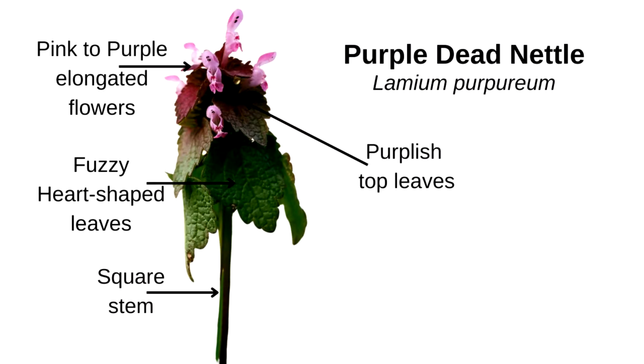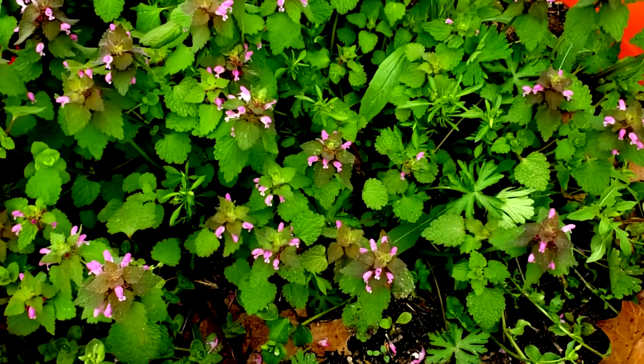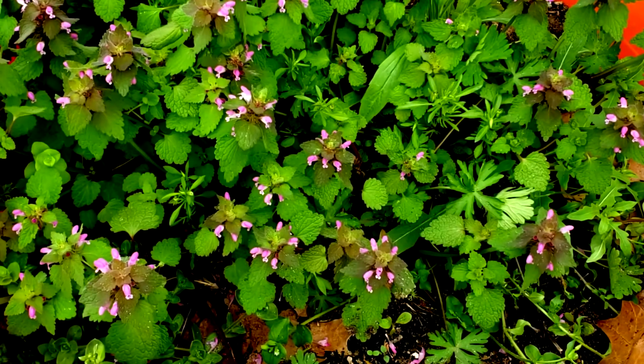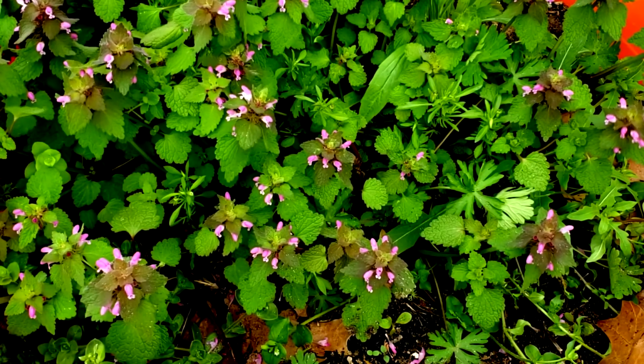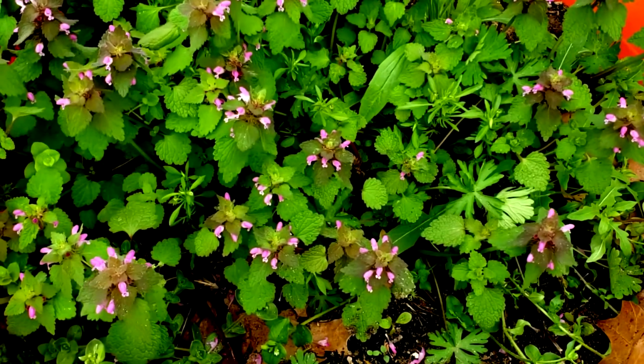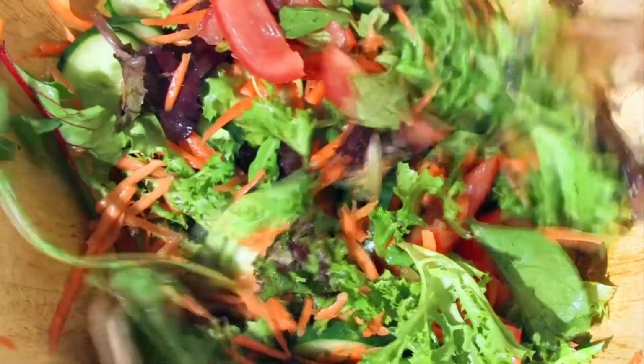Purple Dead Nettle is easy to identify by its square stem and fuzzy heart-shaped leaves. The top leaves have a purplish tint and the flowers are long and have a pinkish purple color. Nothing really looks like Purple Dead Nettle, so it is easy for beginning foragers to identify. The flowers and leaves are edible and medicinal. The fresh plant has a mild taste and is great when added to fresh salads or smoothies or cooked into